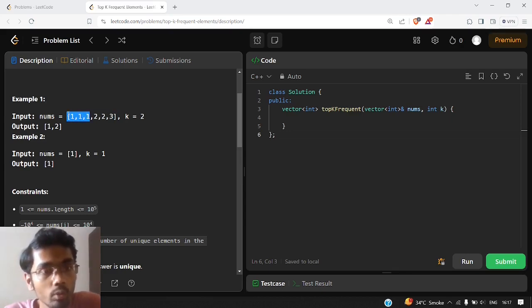Obviously 1 is occurring the most number of times, so that will be in our answer. So 1 is there in our answer, and from the remaining elements we have 2 and 3. So 2 is occurring 2 times and 3 is occurring only 1 time. So among 2 and 3, which is the number which is occurring the most number of times? Obviously 2, since its frequency is 2 and the frequency of 3 is 1. So we will take 2 as our number, and we will return it in our answer. So for this example the answer is 1, 2, and how it occurred we saw with the help of this example.